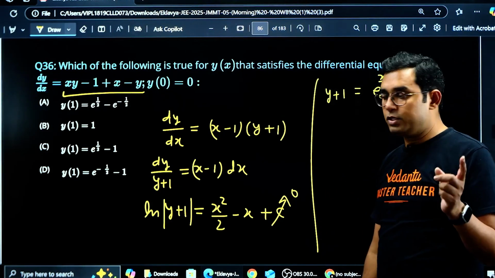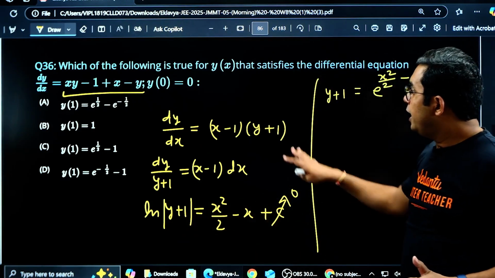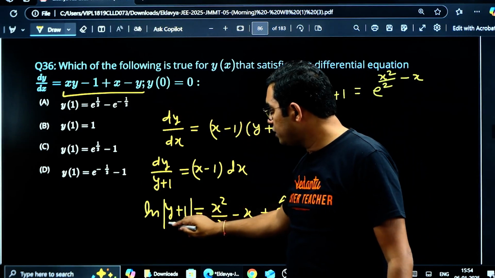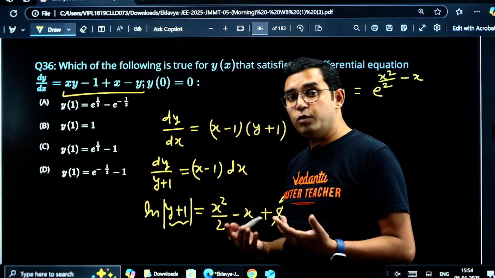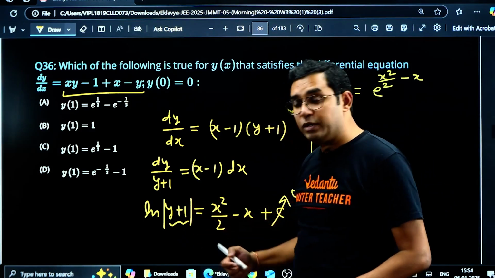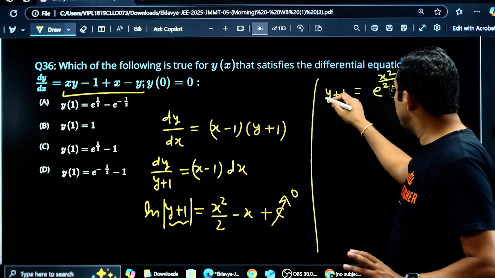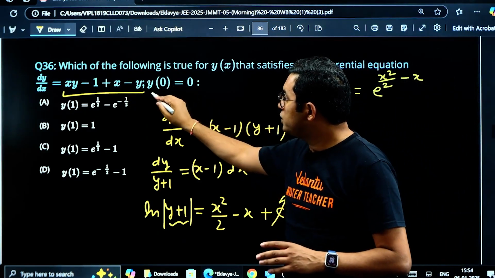I think I have talked about this in previous tests also. Here there is a mod. Okay. And whenever we are given like y(0) is 0, so you can put y equal to 0 here. This is giving you 1. Okay. Now some of you might think that sometimes this y plus 1 can become negative also. Okay. In that case, there will be minus sign here. Okay. But let me tell you, when we are given y(0) is equal to 0,